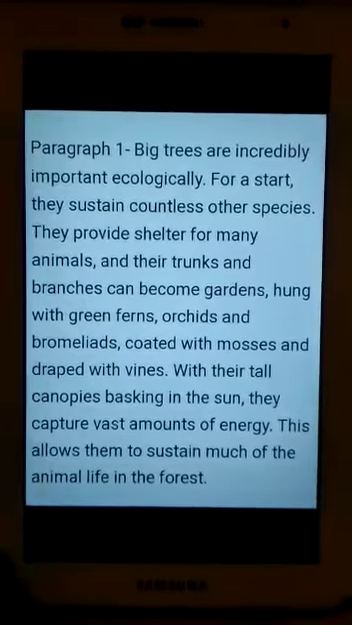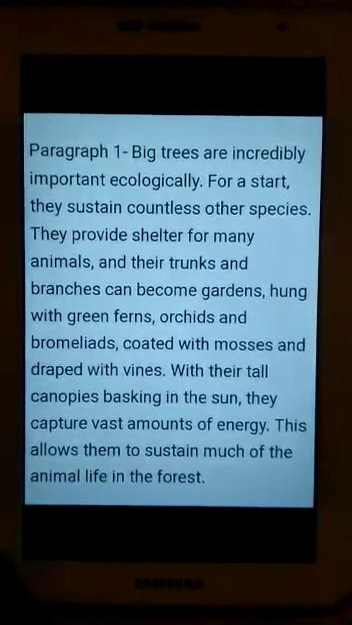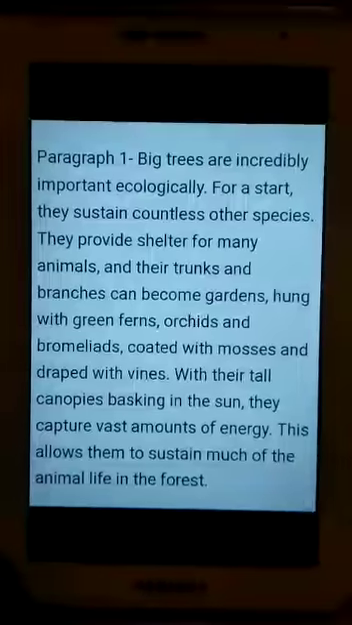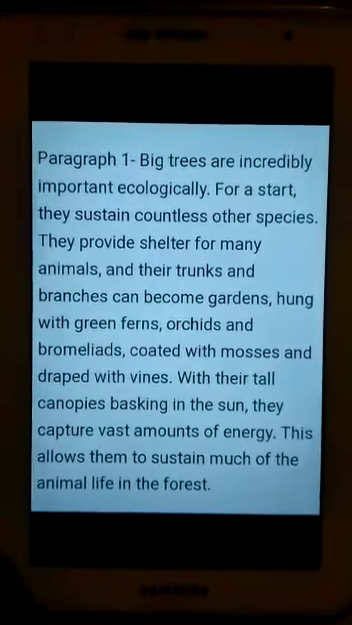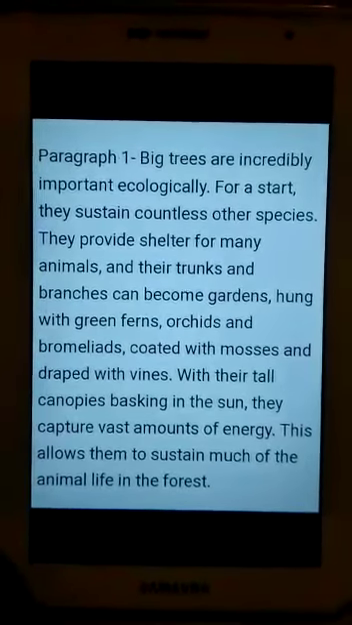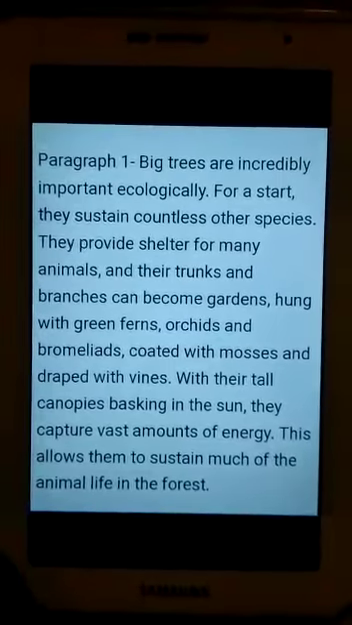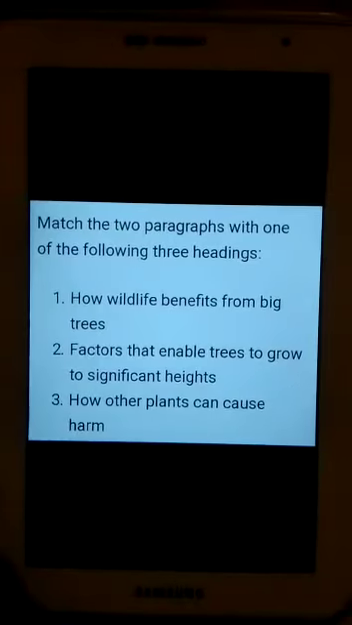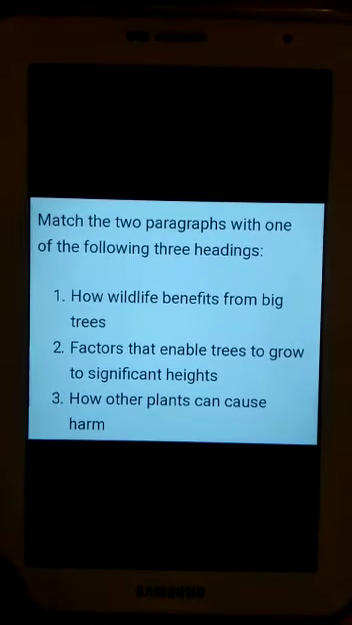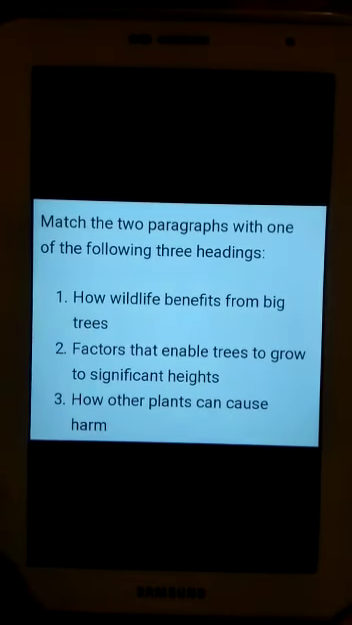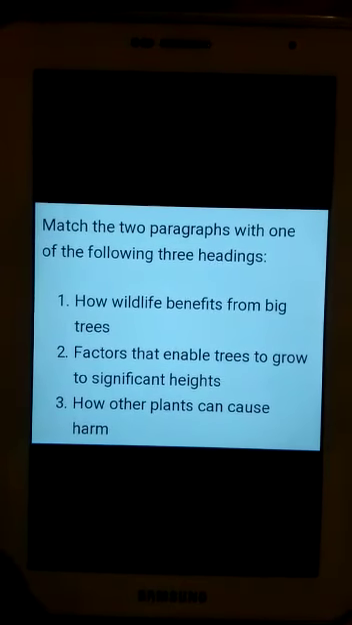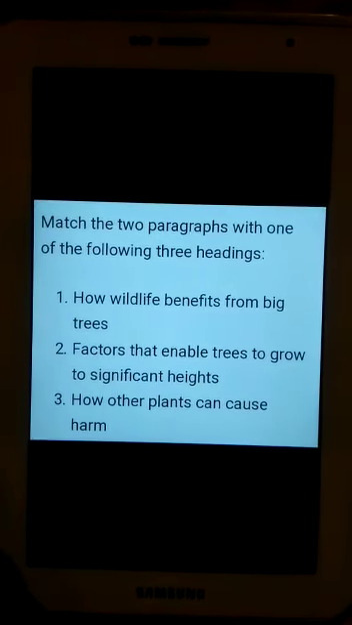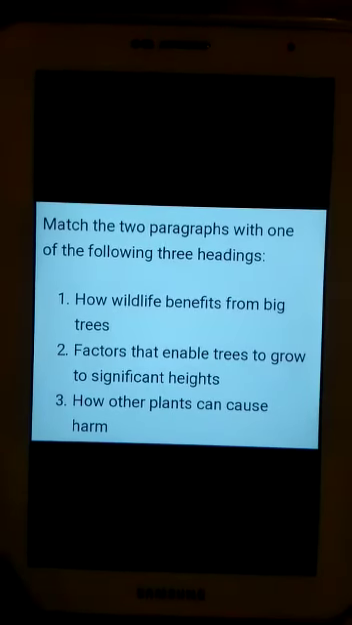So now we have looked at the first paragraph. We read it and we have to now find which heading suits the first paragraph. Let's go back to the headings. How wildlife benefit from big trees, factors that enable trees to grow, how other plants can cause harm. Now